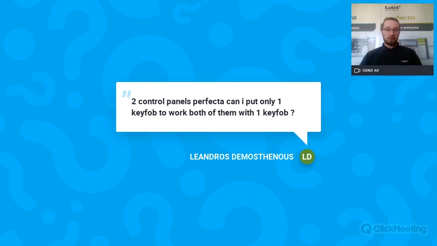Okay, for control panel Perfecta panels, can I put one key fob to work both of them with one? Yes, key fobs communicate in one direction. So it shouldn't be any problem to add the same one key fob to 2 different panels or